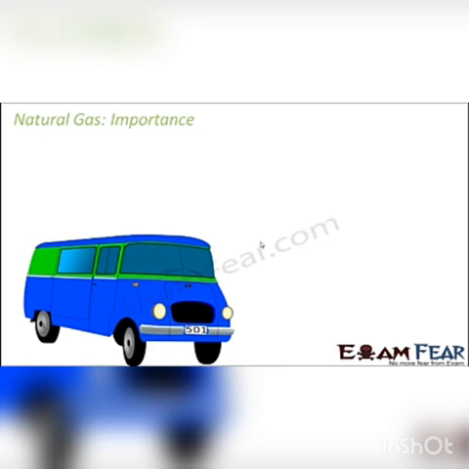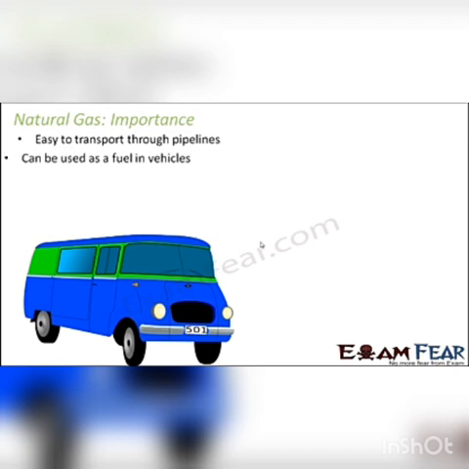Now, why is natural gas so important? We already saw how the drilling is done. Now, in natural gas, you do not really have any separate components as such. So what makes natural gas different and important? One thing is, it is very easy to transport through pipeline. You really don't need a refinery. You just bring the gas out from underground. Anywhere where you have crude oil deposits, nearby you will have natural gas deposits as well. And then you start distributing it through pipeline. So very easy to transport.